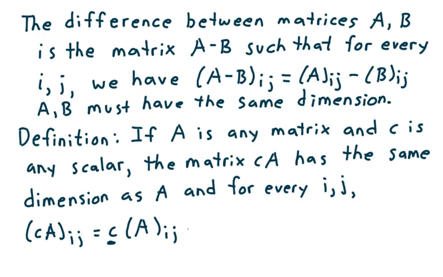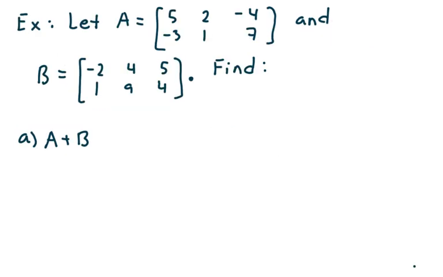All right, let's take a look at this example. Suppose A is the matrix 5, 2, negative 4, negative 3, 1, 7, and B is the matrix negative 2, 4, 5, 1, 9, 4. And what we want to do is find the matrix A plus B. Now, this is equal to,